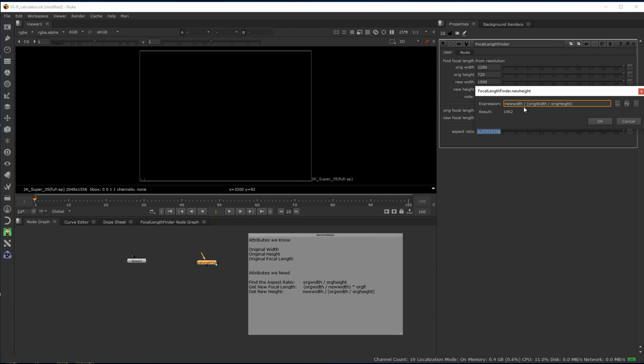So this sum within the sum is establishing the aspect ratio, which is the original width divided by the original height, and then we're dividing the new width by the aspect ratio, and that's giving us this result of 1062, and we can see